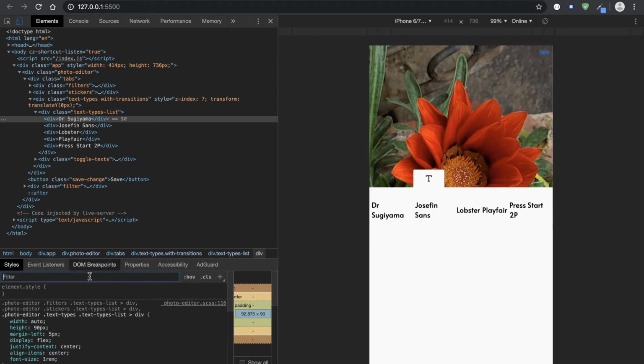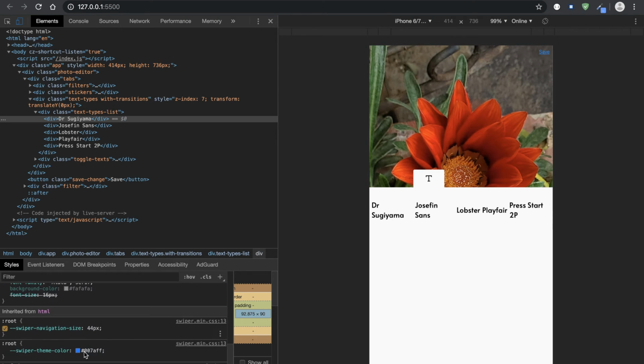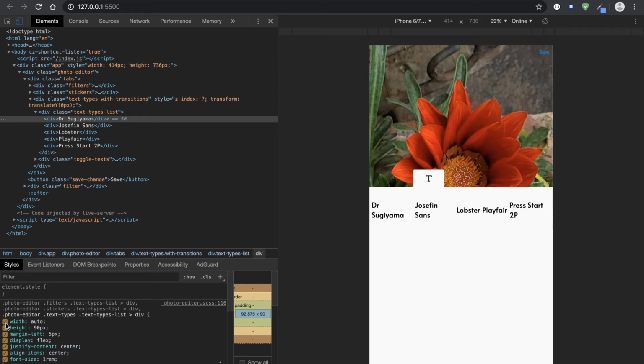Text types list. 120 pixels. I don't know why this